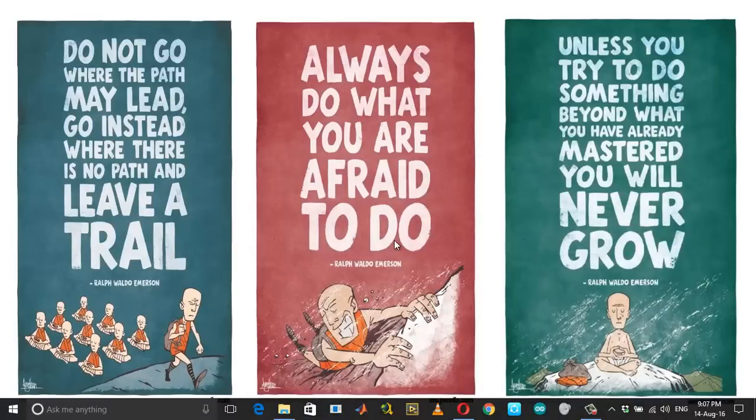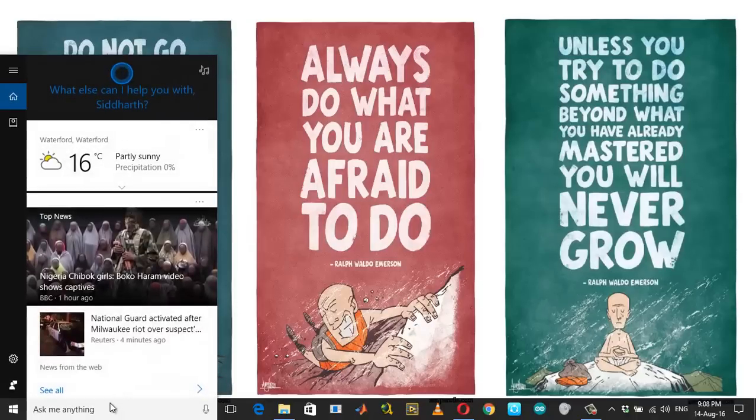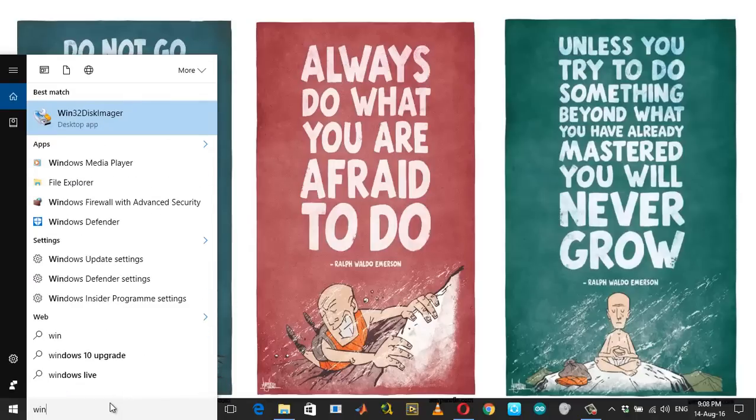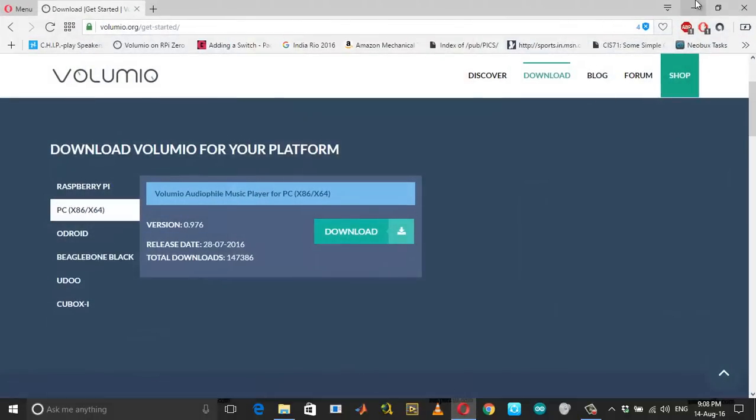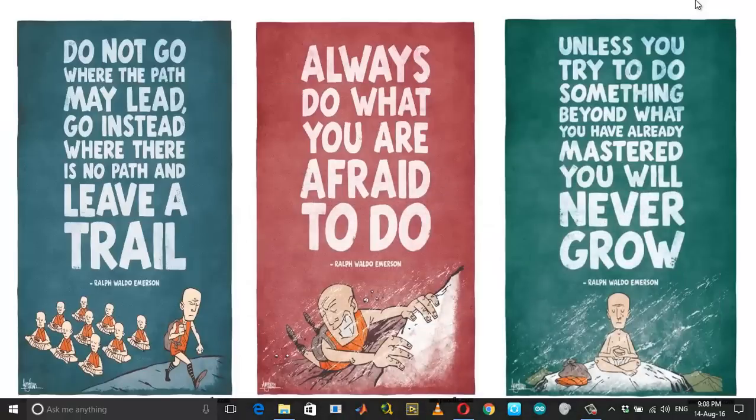That is done, and then the main part: you need at least 8 gigs of USB storage, any thumb drive or flash drive, or even an SD card, 8 gigs is ideal. And then the Win32 Disk Imager software, which you normally use to write images onto your Raspberry Pi. I have already downloaded this image. So let us get started.